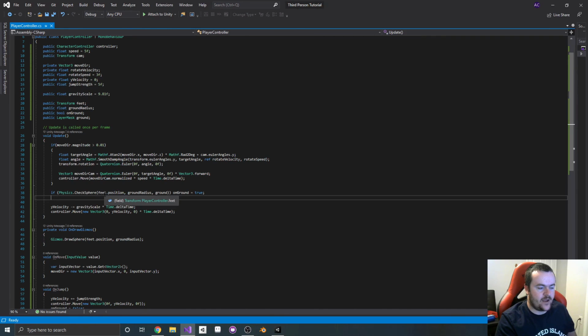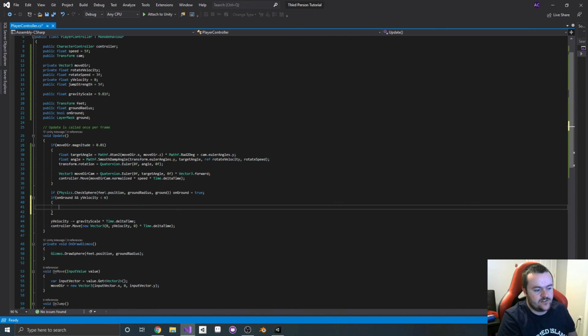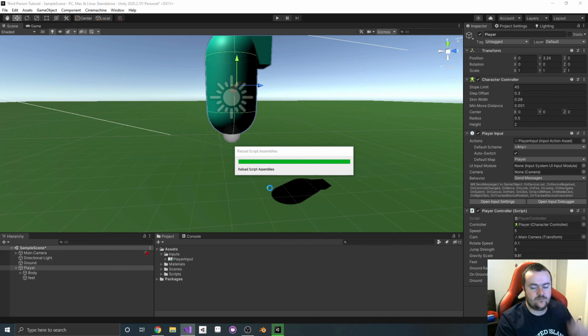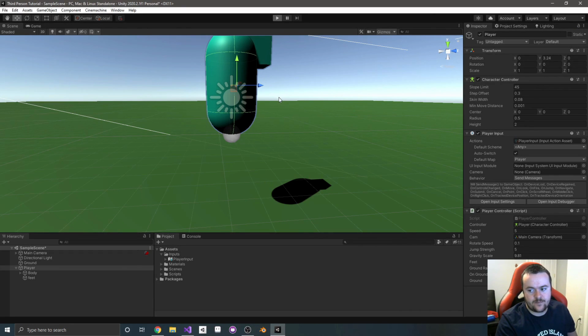So now if we're on the ground, and our y velocity is currently less than 0, what we want to do is just set a solid y velocity. So we'll make our y velocity equal 0. And so what that'll do is make sure that our y velocity isn't always going down. If we save one more time and hit play,